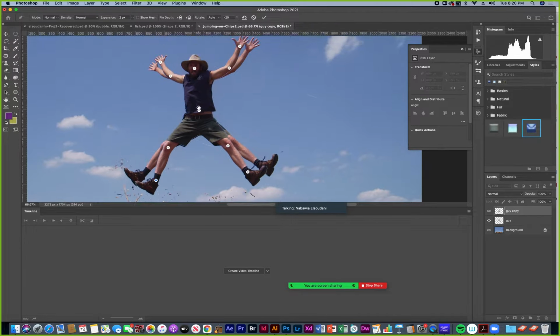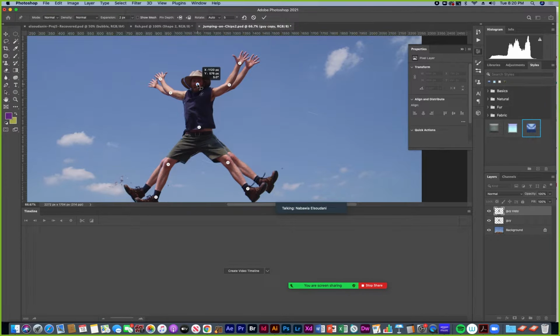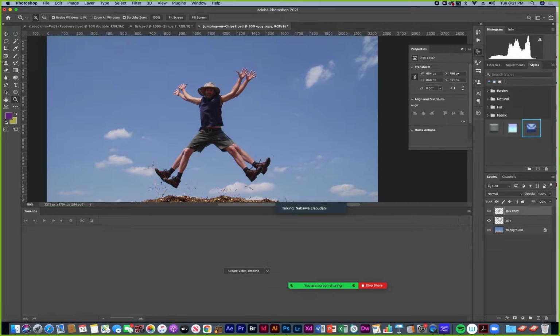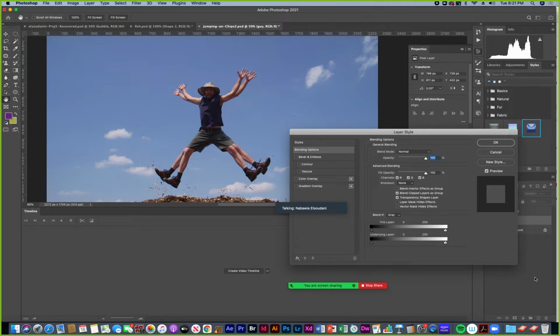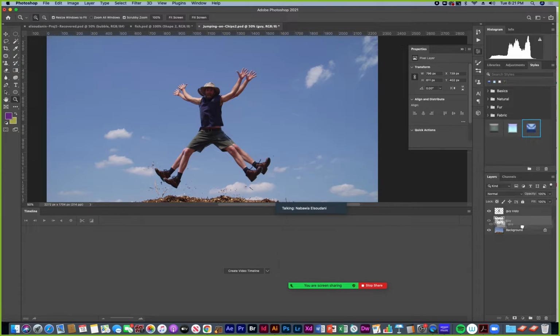And maybe his head moves a little bit. So now there's a new position there. And then I can apply that by clicking the arrow. Let me zoom out. And then maybe I make another copy of the guy. Whoops. Right to the new layer, and I'll put that copy up on the top.